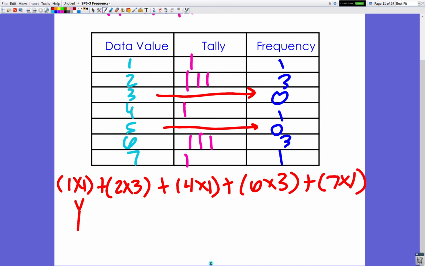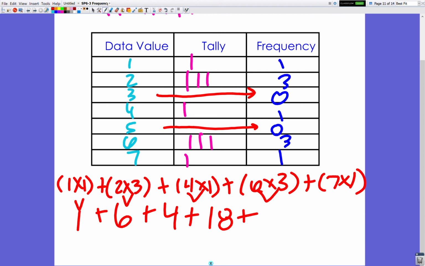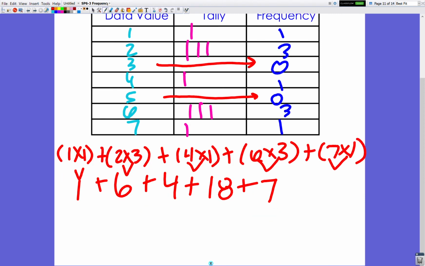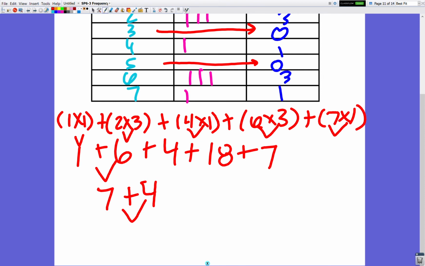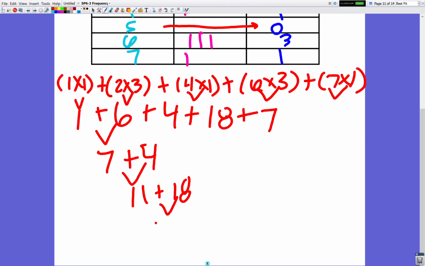1 times 1 is 1 plus 2 times 3 is 6 plus 4 times 1 is 4 plus 6 times 3 is 18 plus 7 times 1 is 7. And now we'll add 1 plus 6 is 7. 7 plus 4 is 11. 11 plus 18 is 29. And 29 plus 7